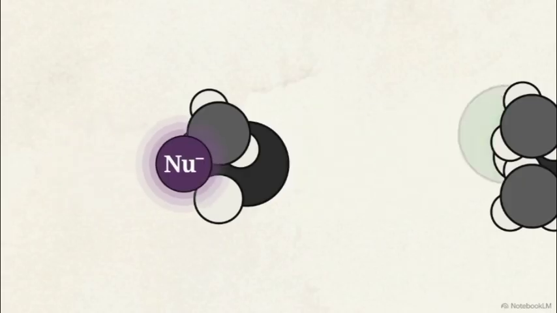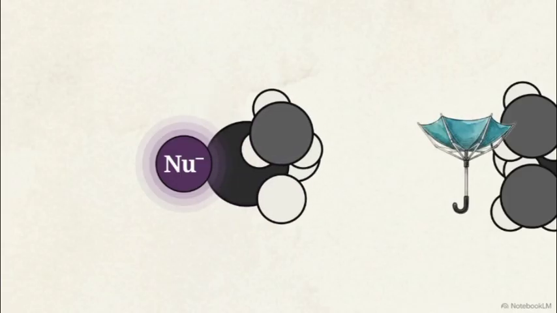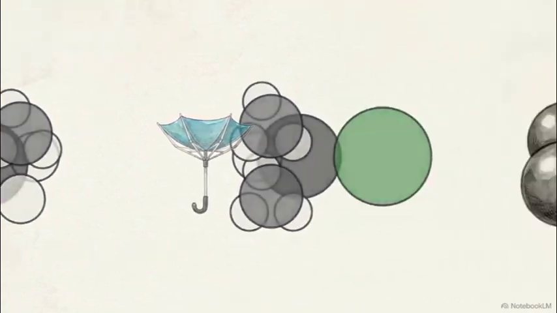In a single bimolecular step known as the SN2 pathway, the nucleophile strikes the back of the carbon, instantly popping the halogen off the front. Because it attaches from the opposite side, this strike causes an inversion of configuration,